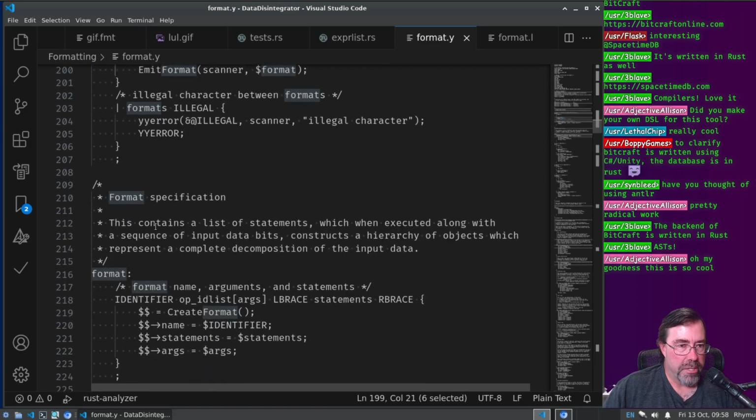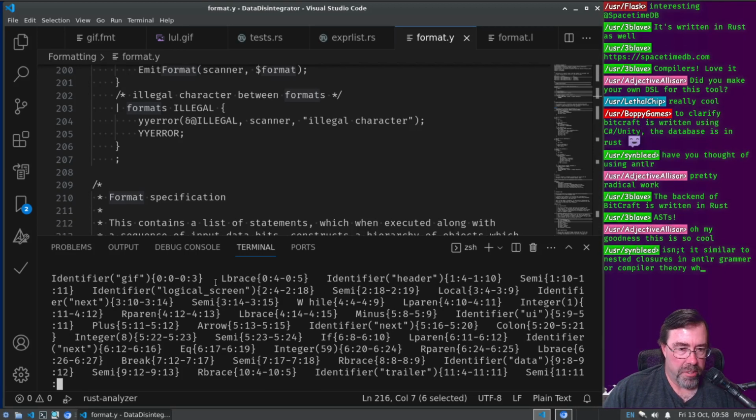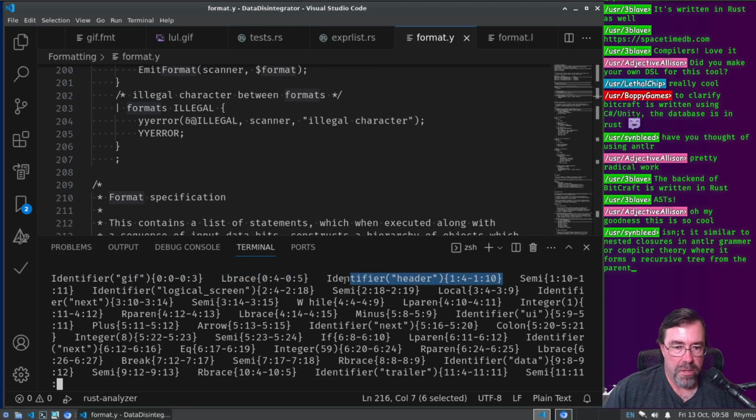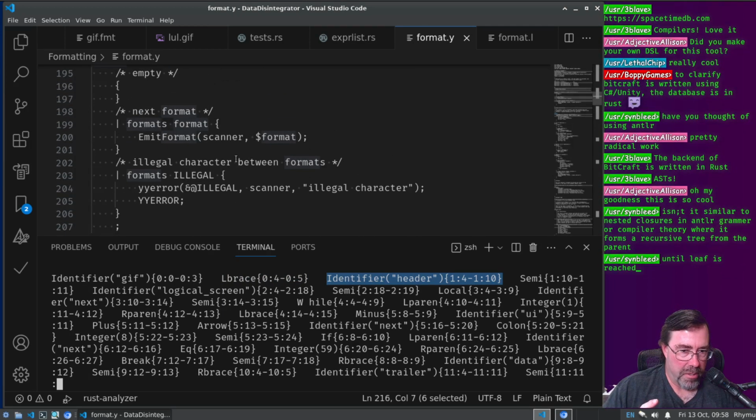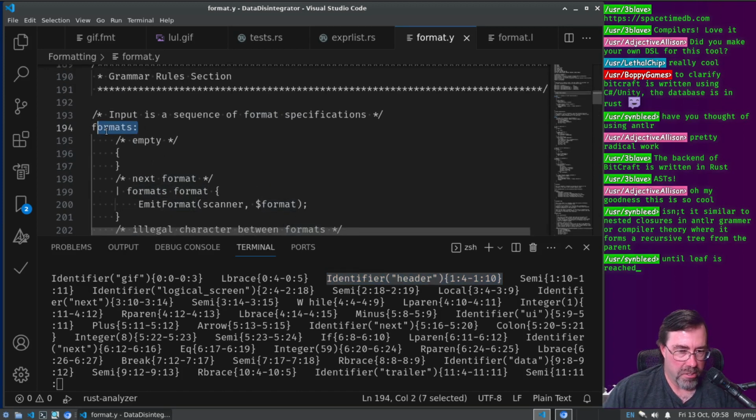Yeah, and then the rules build on each other. So format is itself a syntax rule. And the parser generator's job is to match the tokens that come in, and find the grammar rules that these match to. You're doing a sequence of shift and reduce operations. You shift in a token, shift in another token, and keep shifting until you finally match something. Then you say, oh, I can reduce that to one of these higher order syntax rules. Reduce it, and then try to reduce as much as you can. When you can't reduce, you shift more in. If the program's valid, you end up reducing everything to a formats at the end,